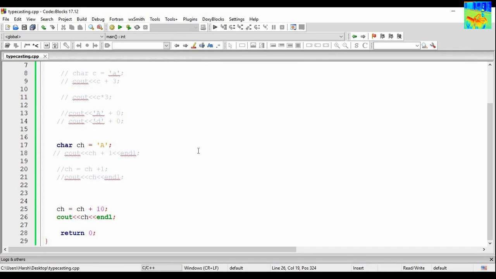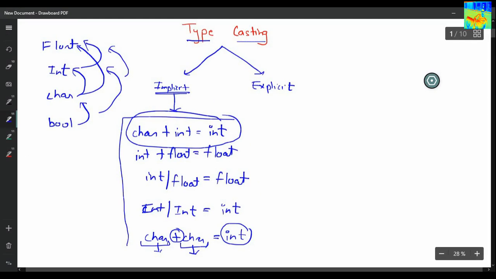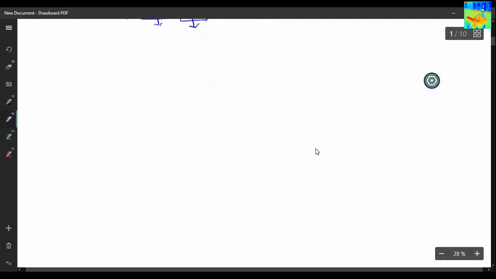Now let us see one of the most important things, wraparound. So what is wraparound? I told you character plus character is an integer. So what will happen if you print cout character A plus character A?